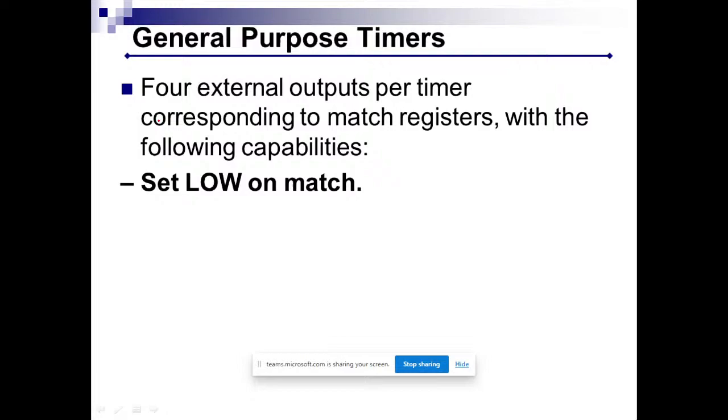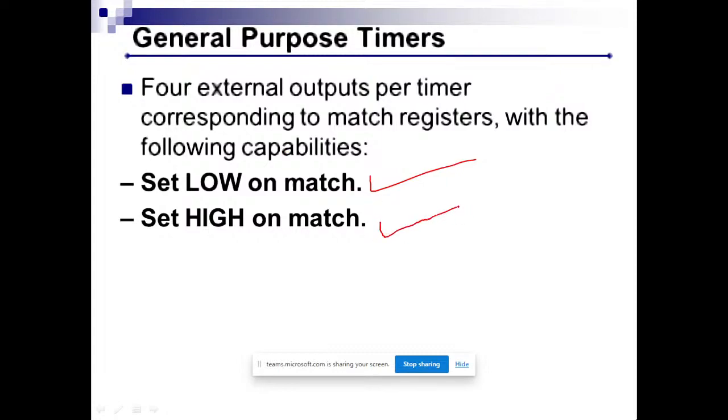The meaning of this is that whenever your timer register is equal to the match register, a particular GPIO pin will be set to low. Then, set high on match. Sometimes you require that whenever matching occurs, you want to set that particular pin to the logic high level. I want to operate some relay which is connected there, and that relay is operated with a logic high level. Then we can set it to high on match.